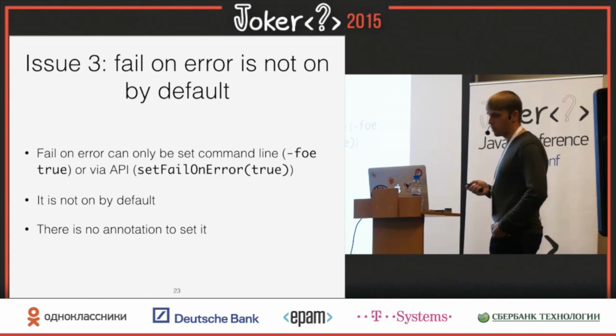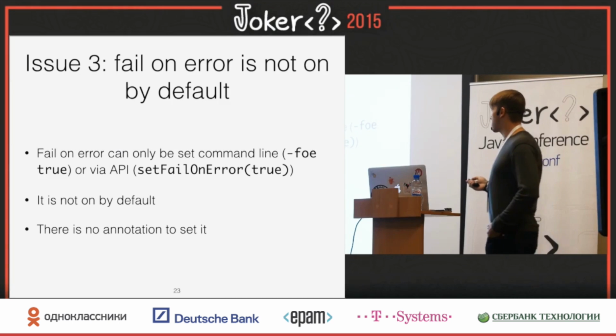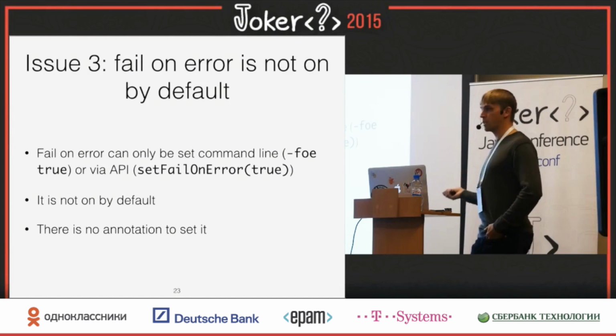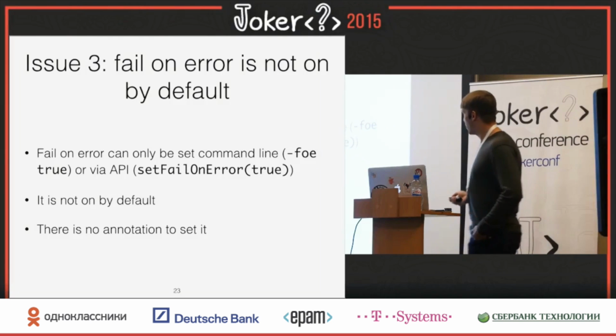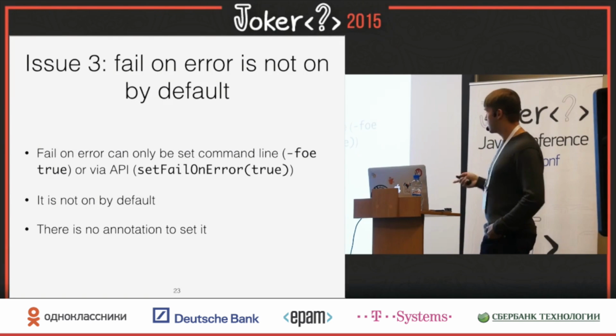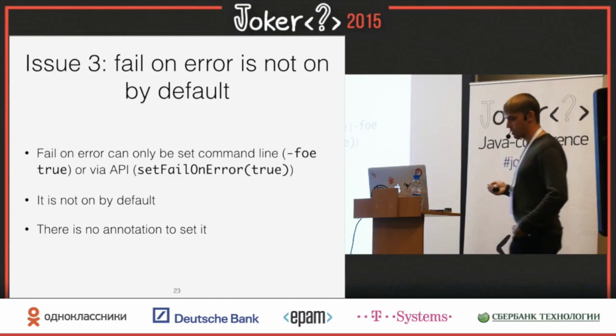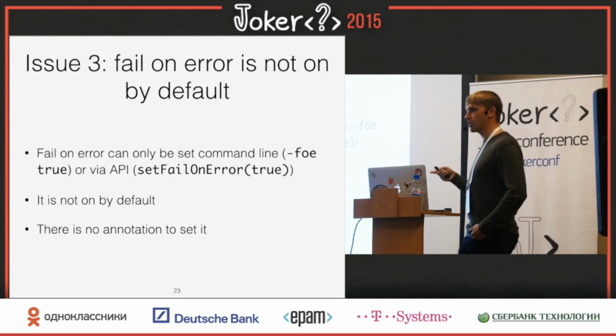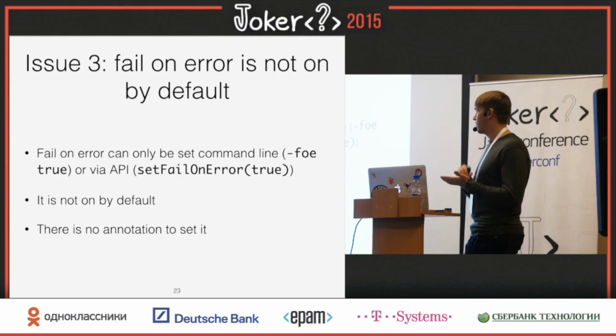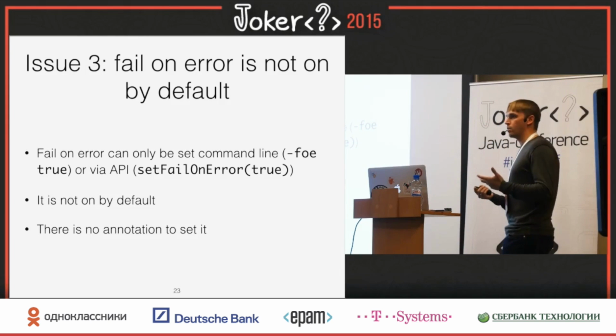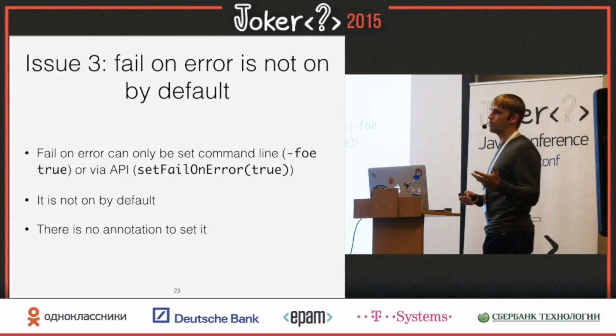Last one, really small one, but still interesting. Because JMH can measure everything, including the performance of throwing exceptions, it doesn't stop on exceptions. Exception is okay. So you have this fail on error flag, which is set by default to false. And if your benchmark encounters an exception, the run will continue. For us, it was bad, especially when you start writing your benchmarks, because you may have errors, or let's say you're making a new major release of your product and you change something in the core data model, but you didn't update your benchmark code.